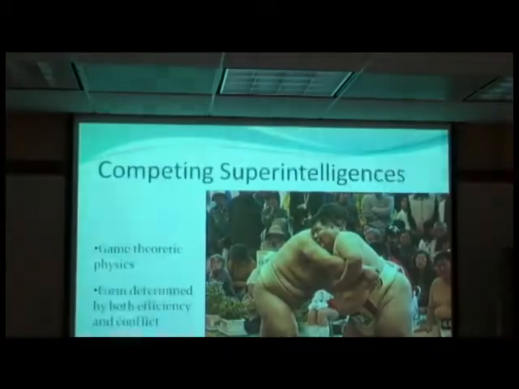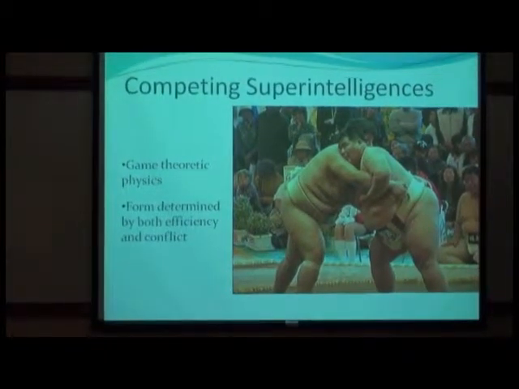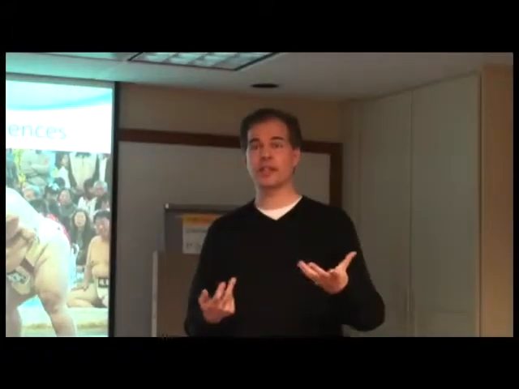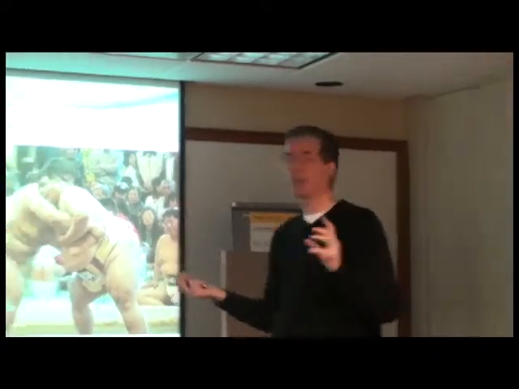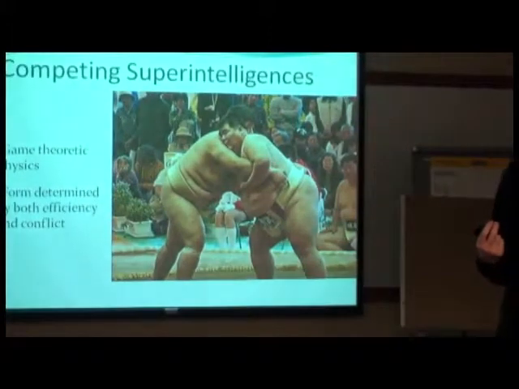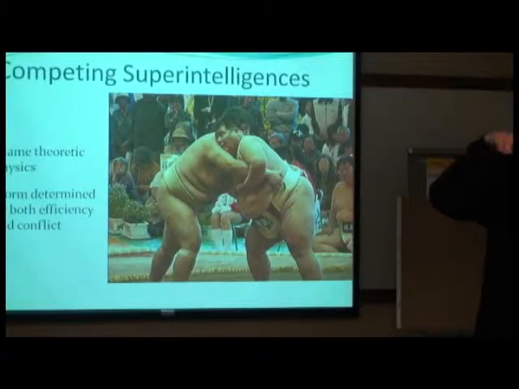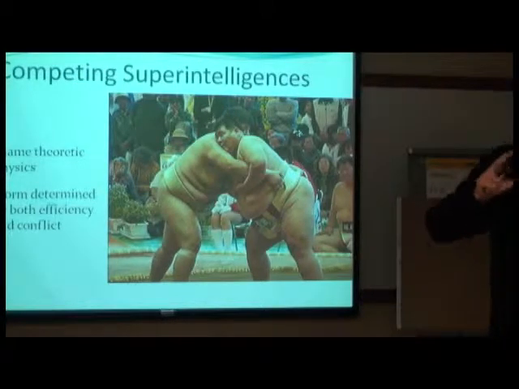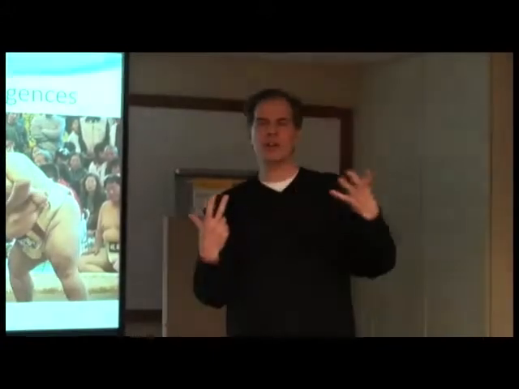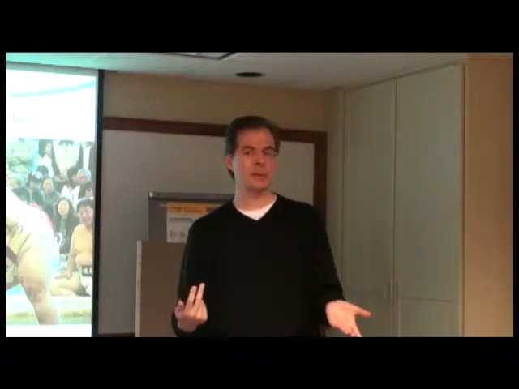So the first thing to realize is that when we have more than one entity, the rules are completely different because now they're not just acting, trying to do whatever task they're trying to do as effectively as possible, but they're taking into account the actions of the other guy. And if they're in conflict, we get what I'm calling game theoretic physics, where in particular we want to make it very costly for the other guy to do anything that harms us. In particular, you don't want to sit there as a single little blob where they can just take you over. You want to make your physical structures so complex that just sensing where you are, where your little pieces are, uses up vast amounts of his sensing capability, and storing your physical locations uses up a big chunk